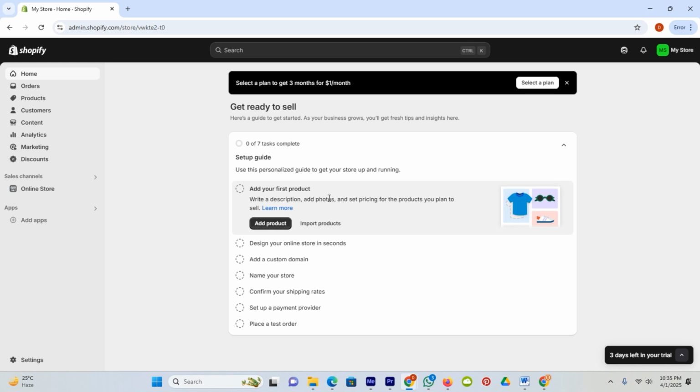Hi guys, and welcome to the tutorial, where we will explain how to connect a Porkbun domain to your Shopify store. So let's get started. The first thing is head over to your store, and take a look at the bottom left,